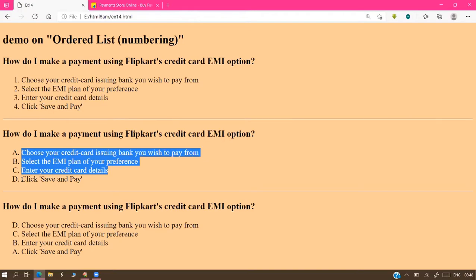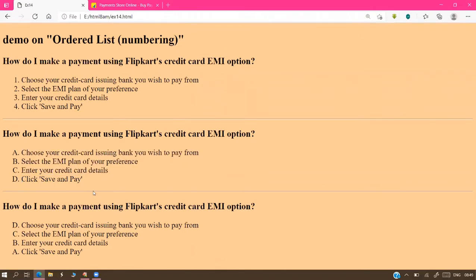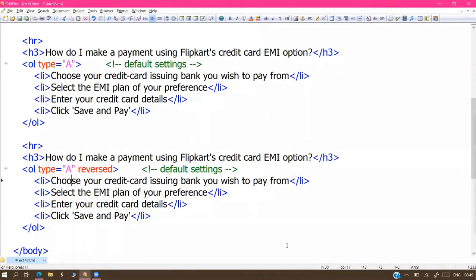Again A to Z, another 26 comes. After that, BA, BB, BC, up to BZ. Like our bike registration numbers, the same series continues. So there is no problem in the number of points. You can give any number of points. Our numbering will continue by itself.